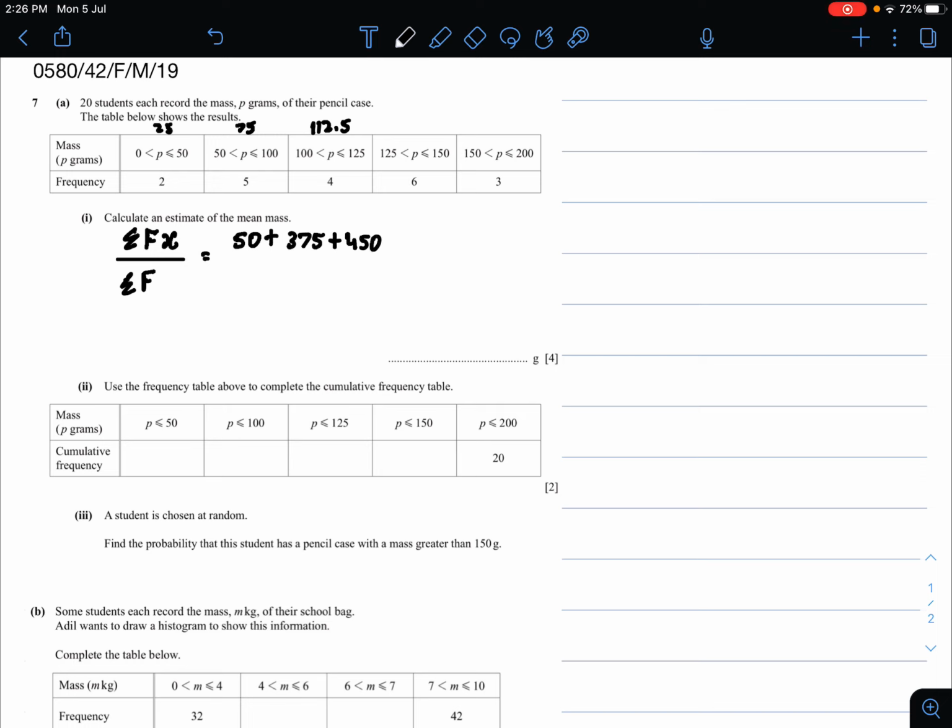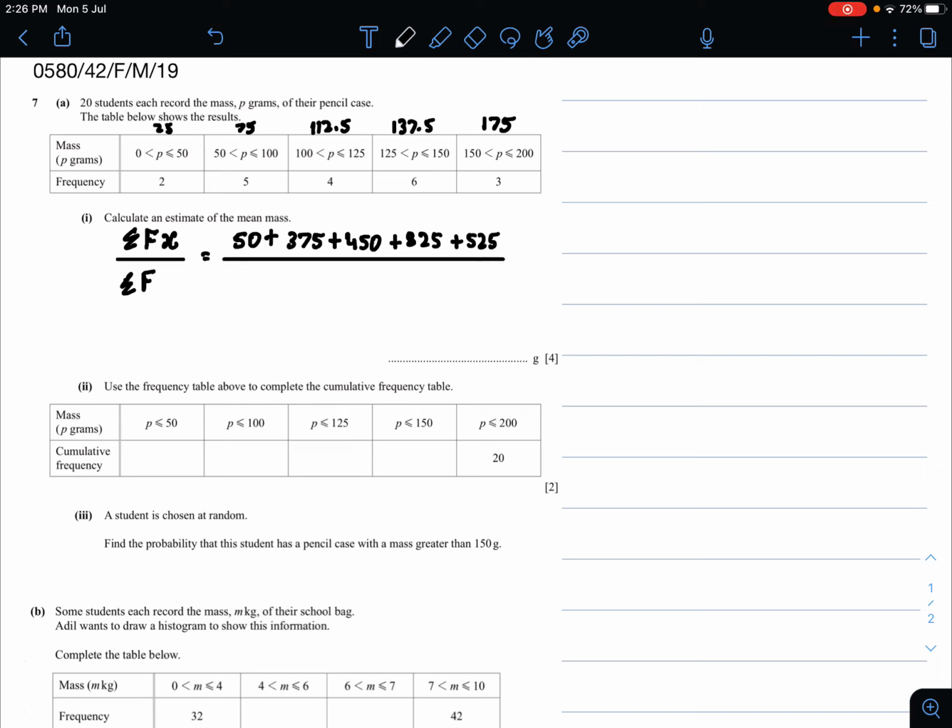The average of 125 and 150 would be 137.5, and this multiplied by 6 would be 825. The average of 150 and 200 would be 175, and 175 into 3 would be 525,